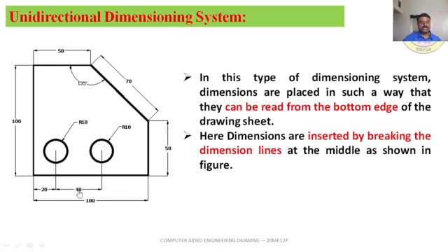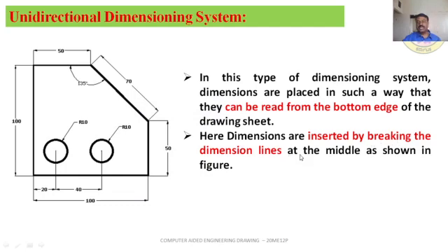So all horizontal dimensions can be read from the bottom edge. Even vertical dimensions, you can see here, are also read from the bottom edge. Even inclined dimensions, see here, the text is aligned towards the bottom line only. Here